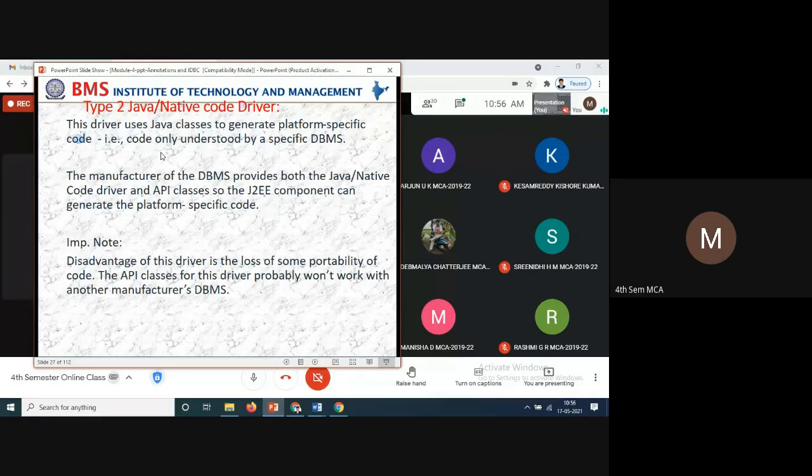Here the disadvantage of the driver is the loss of some portability of the code. If something happens and the driver is lost, we try to reinstall it. The API classes for this driver probably won't work with another manufacturer's DBMS.